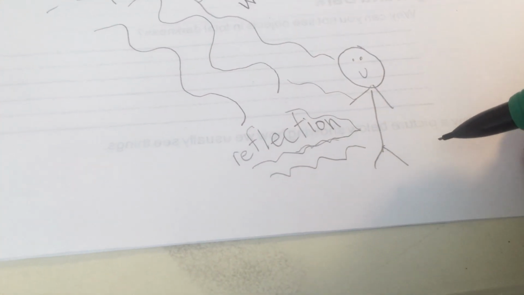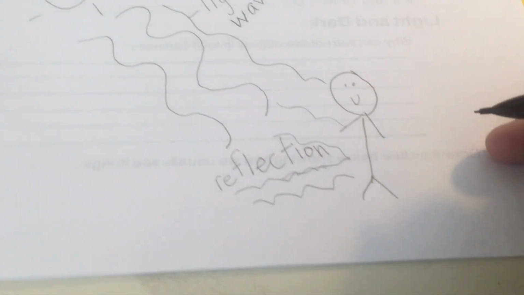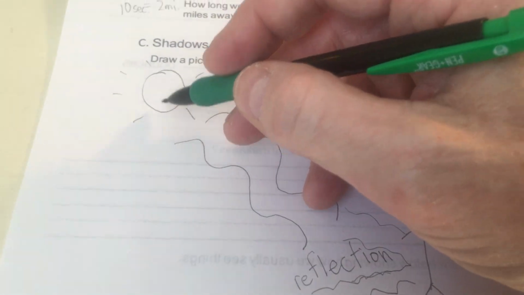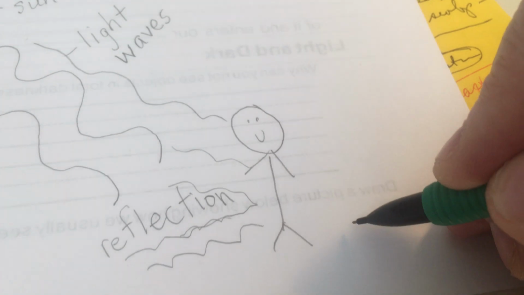So then the light waves aren't able to get through you, which means there's a place over here where there's no light. And what do we call no light? We call it a shadow. So over here, it's got to be on the other side of you from the sun. The sun is to the left, so your shadow will be to the right. So over to the right,